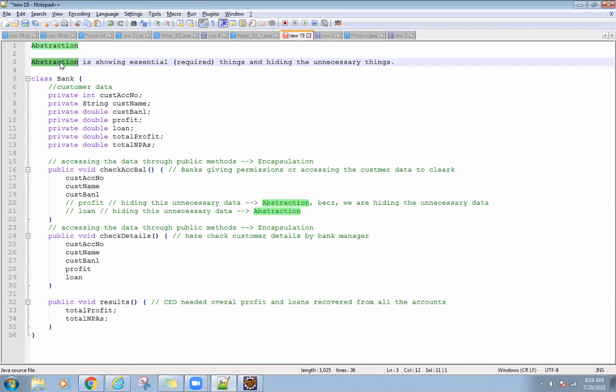Let's take an example: in a company, HR needs information on how many resources are on the bench, how many resources are in projects, and how many more resources are required in future. That is the HR, human resource, responsibility in an IT firm. You can take an example